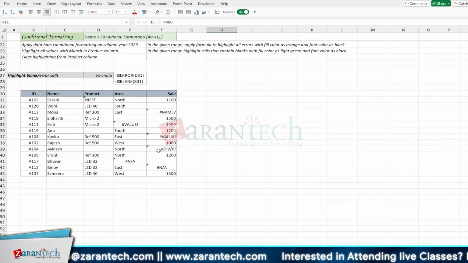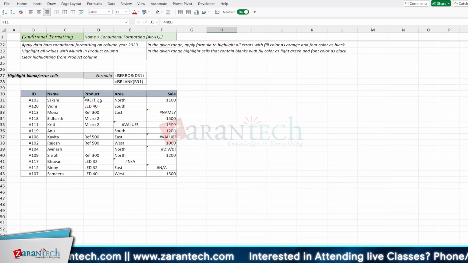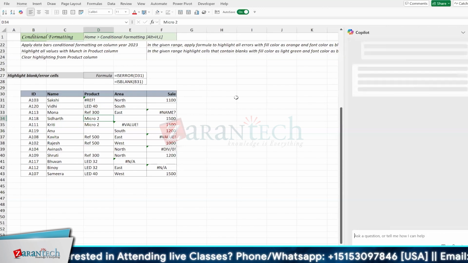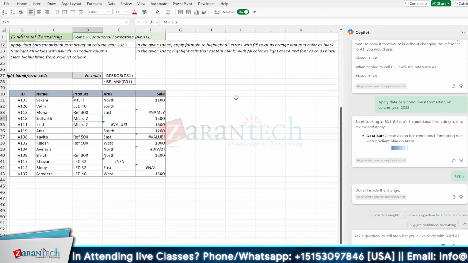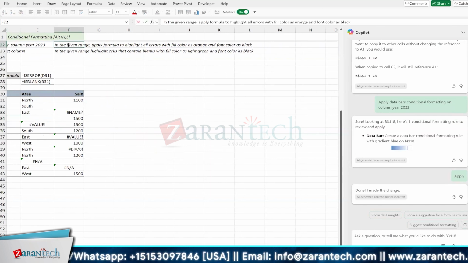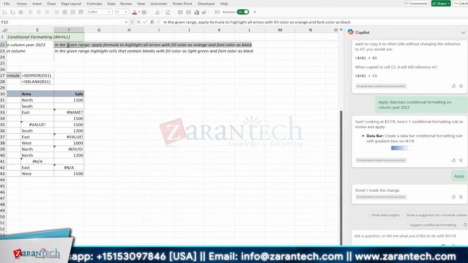One important part I have to highlight over here is often we come across a sheet which contains some formula errors, for example. So I can probably work on this and give you the idea about how Copilot can give me the answer on that, and also take the education from Copilot. How can I do that? In the given range, apply a formula to highlight all errors with fill color as orange and font color as black. So I go here, pick up my F2, pick up my copy,